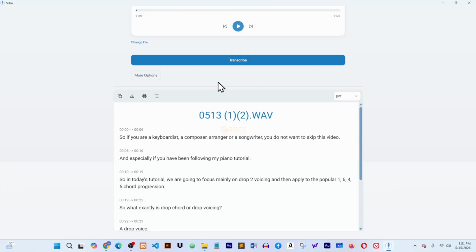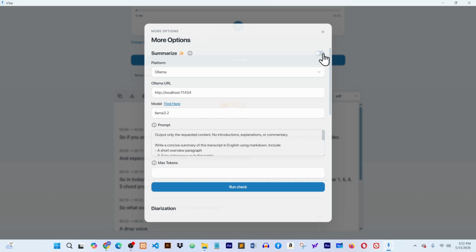Also, we have extra features which you can check, though this is optional. You click on more options. You can check the auto summary. This generates a short version of your script. And if you scroll down,